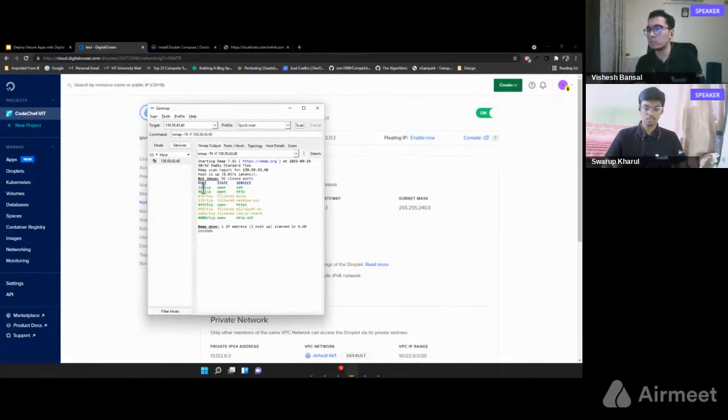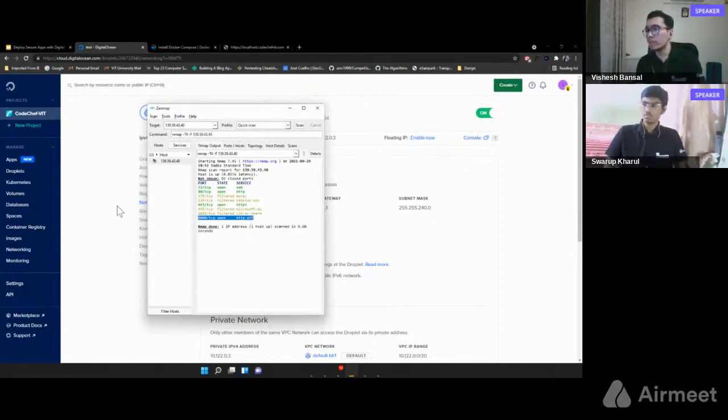We have 22, which is by default the SSH port through which we're connecting to the VM. Then 80 is exposed. Then we see these other ports exposed, but we have to hide these ports, since if it's a big application, we'll be deploying it on different containers, and this leaves us compromised. Next we have 443, which is our default HTTPS port, and we can see that 8000 is open.